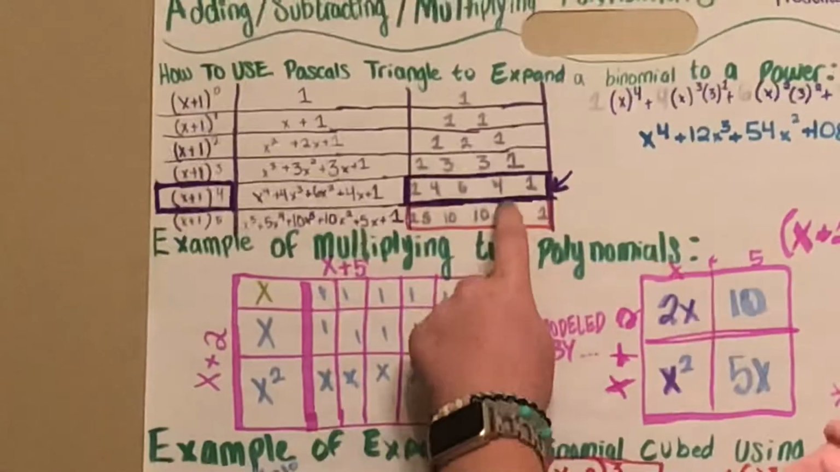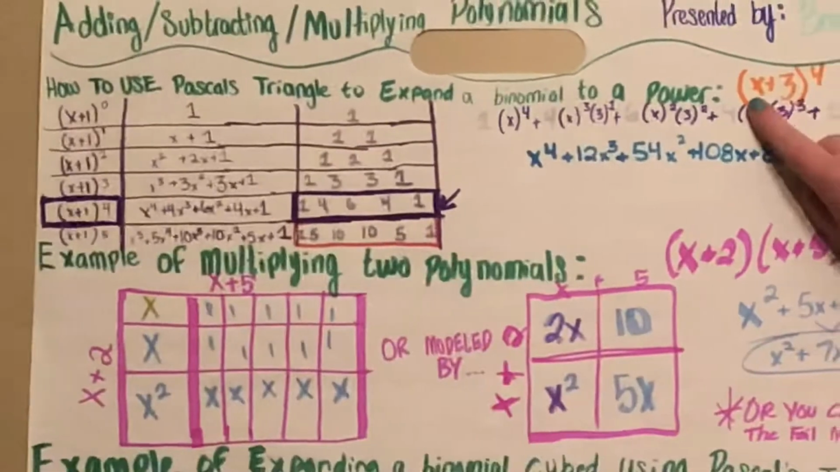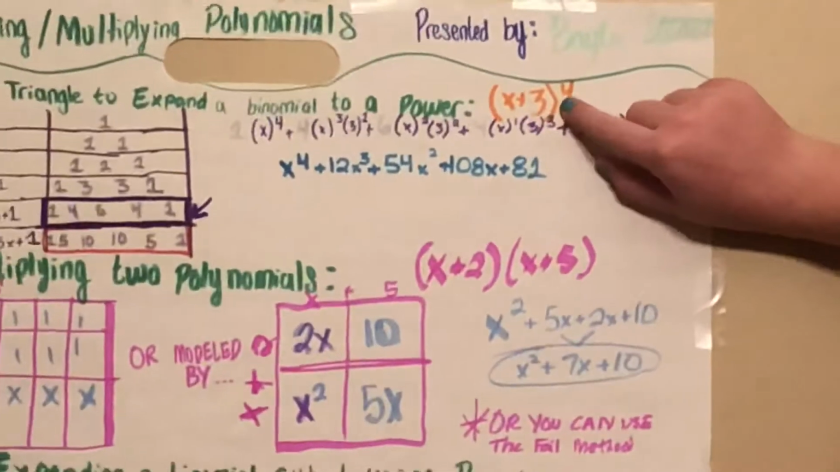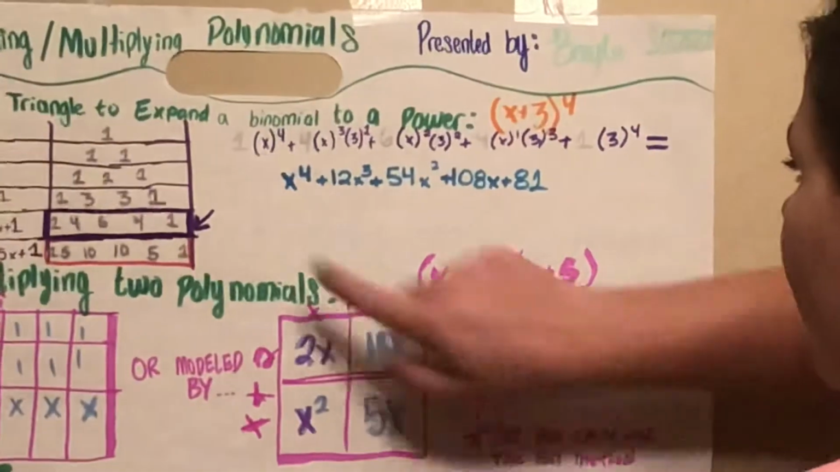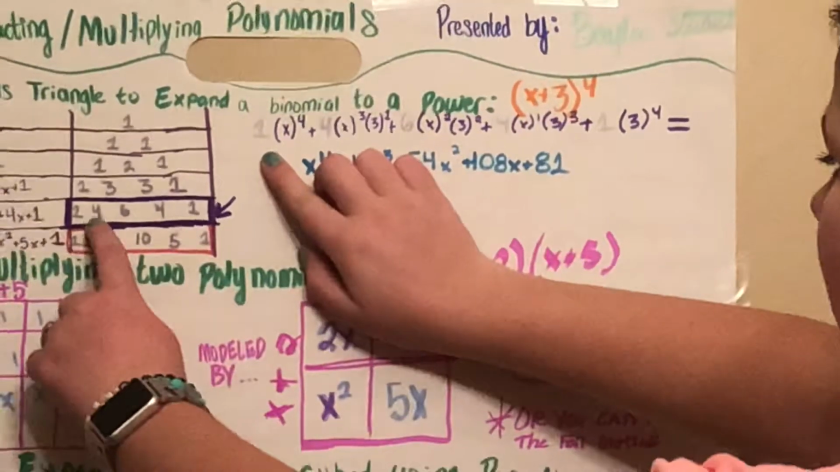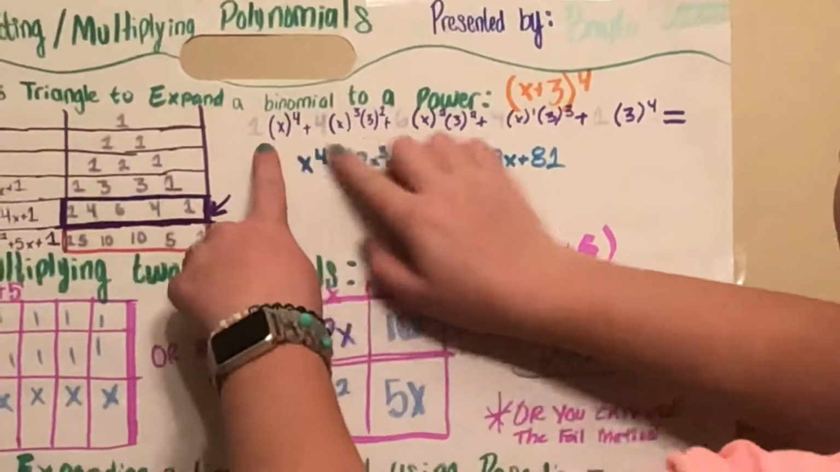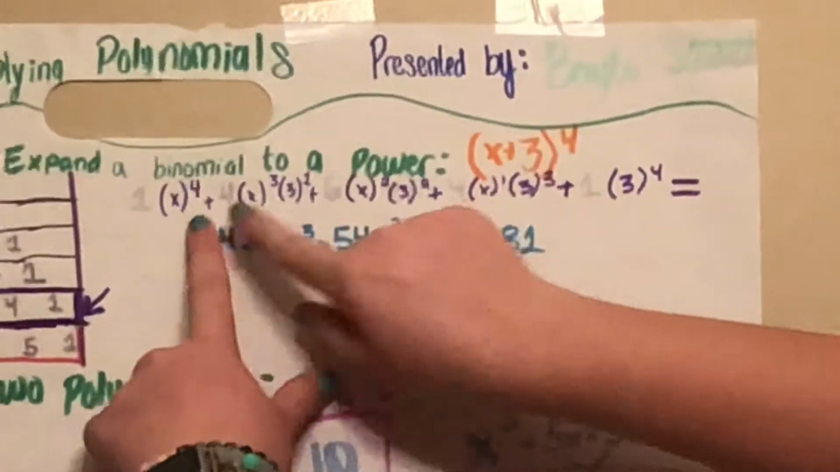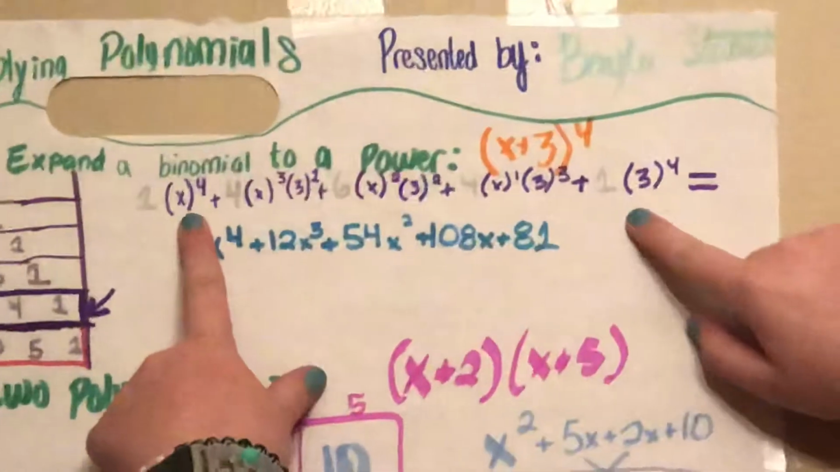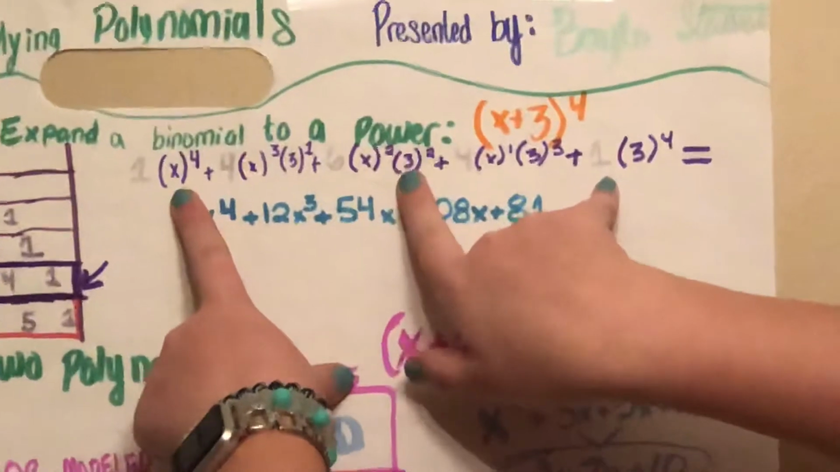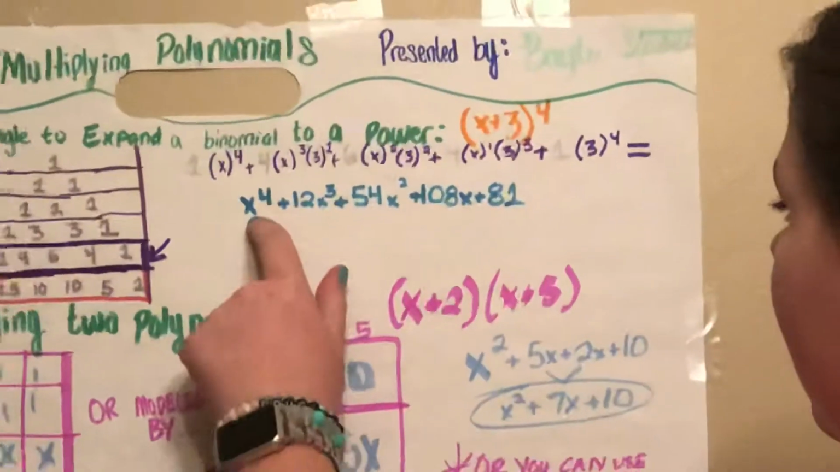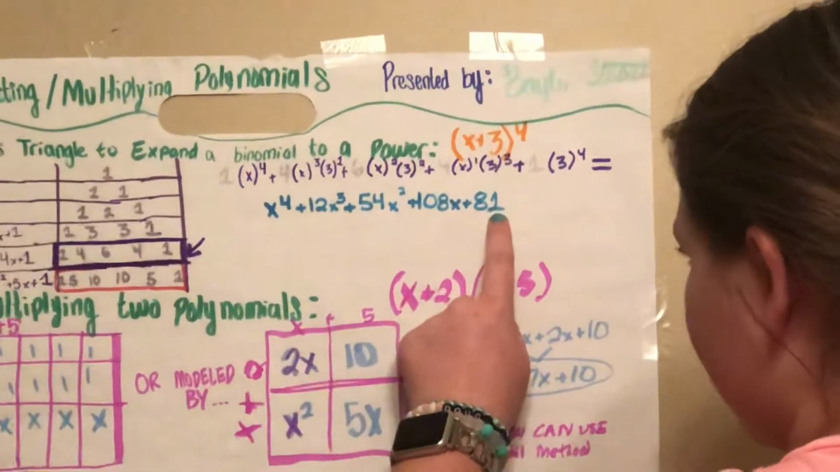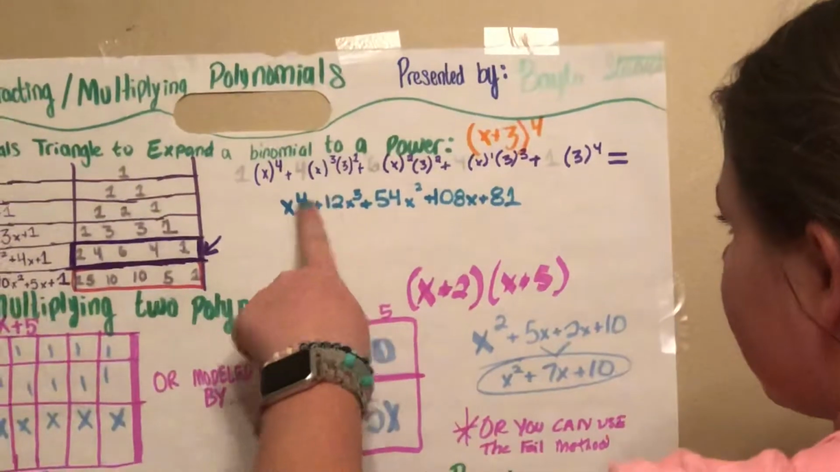So when we write out x plus 3 to the power of 4, we can use these numbers that are in silver and put these over here. And then when we multiply these out, we get these numbers. So when you go to solve this and simplify it, then it becomes this equation here. Because, for example,